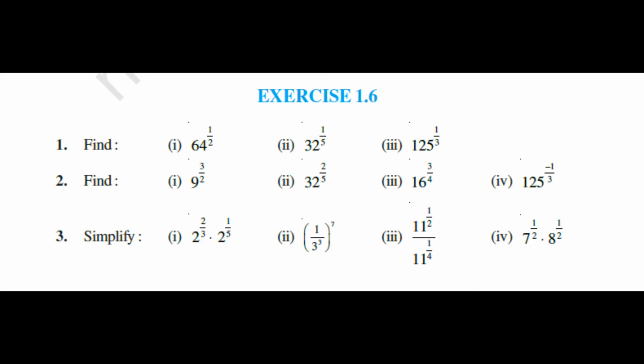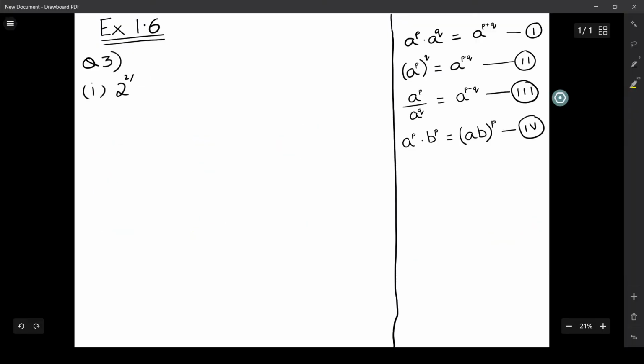The third question is asking us to simplify the following. The first part being 2 to the power 2 by 3 multiplied by 2 to the power 1 by 5. Now, over here we can definitely use the first formula, which is a to the power p multiplied by a to the power q, which is a to the power p plus q, and hence substituting this formula to our given question, we get 2 to the power 2 by 3 plus 1 by 5,